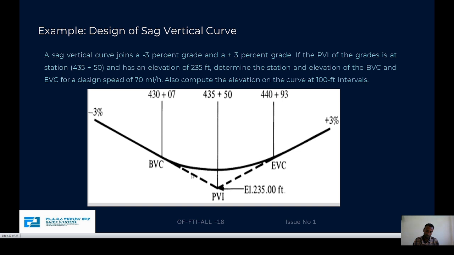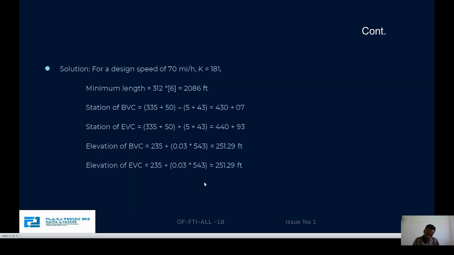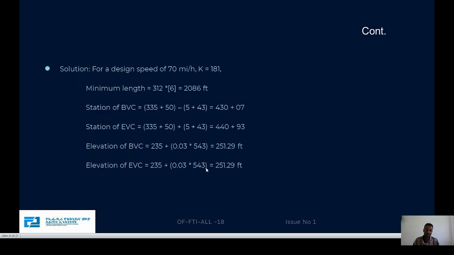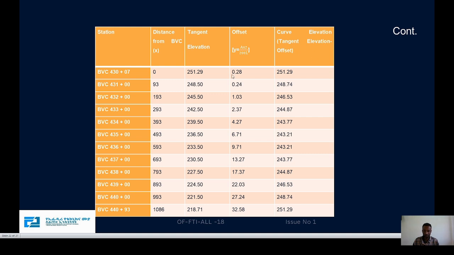First we determine the elevation of the tangent, and second we determine the offset. The elevation of the tangent plus the offset gives the elevation of the curve. So this one plus this one, 248.15 plus 0.24, it is